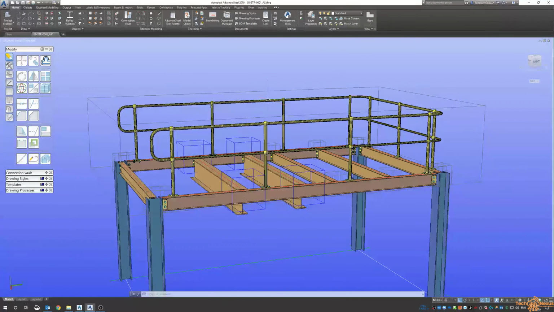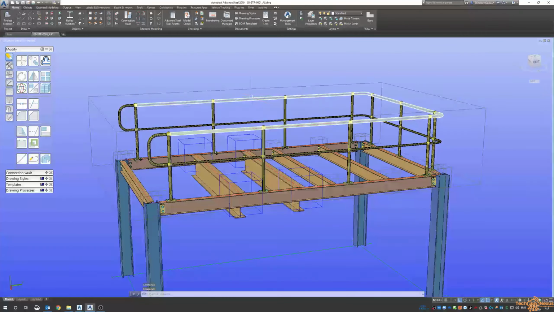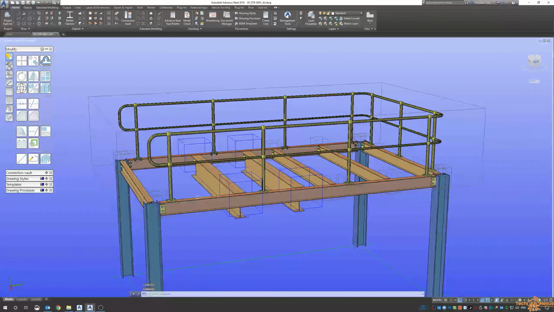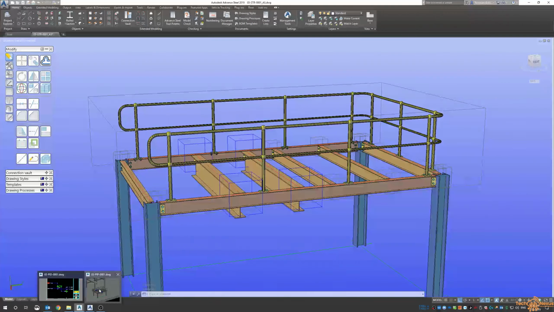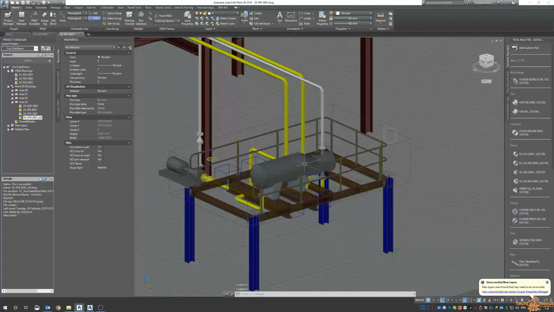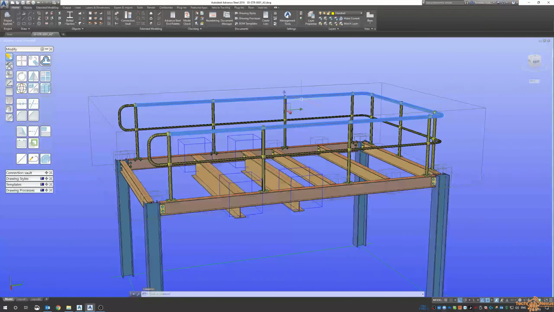We're going to play around with this structure a little bit more. I'm not really that happy with how this handrail is going when we have it linked back to our piping model here. I know we've got an area out here that might be needed for maintenance. If this is a shell and tube, there'll be tubes coming inside here. The tubes need to be drawn out, so this area will need to be open. So what I'm going to do is just get rid of this